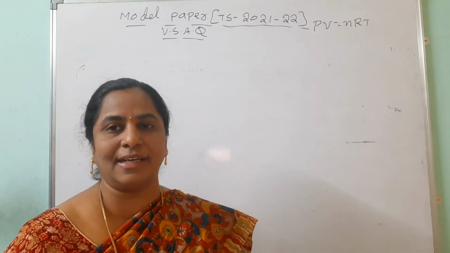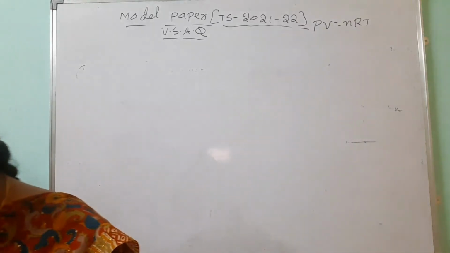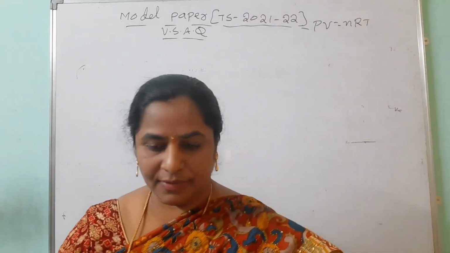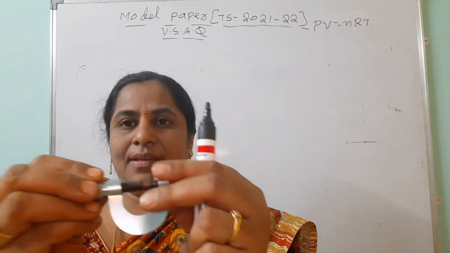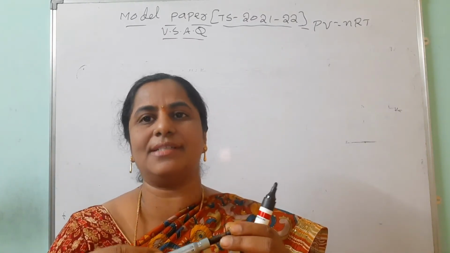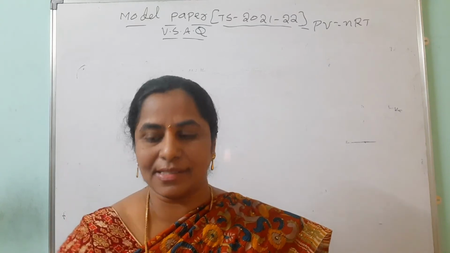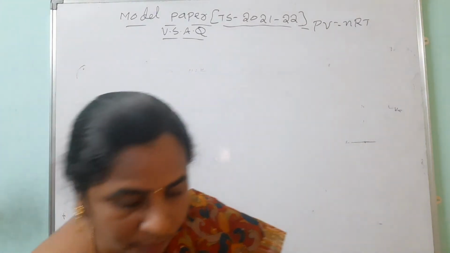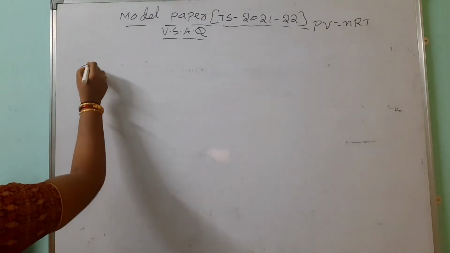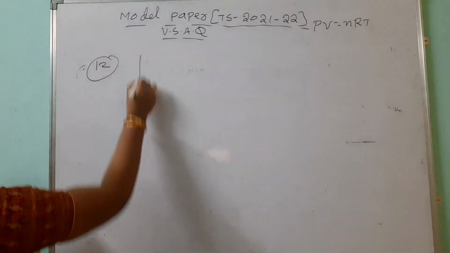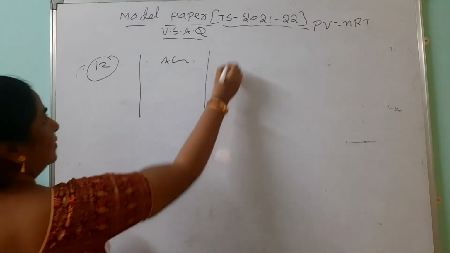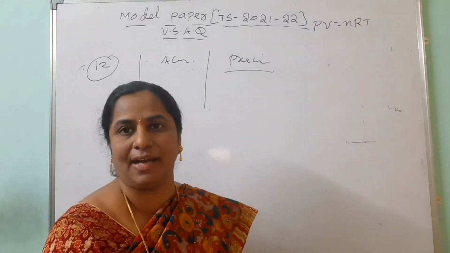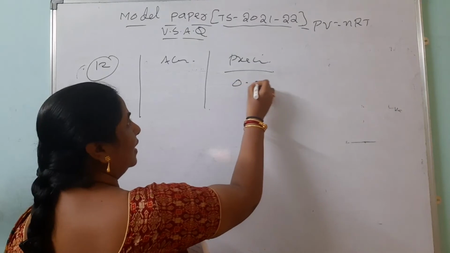Then what is the precision? See, suppose you are taking this screw gauge. We want to find out the thickness of the wire. We are changing different positions. Suppose this thickness is 0.12 millimeters. One side we are taking accuracy, another side we are taking the precision. Precision means repeated value. First position it is giving 0.12